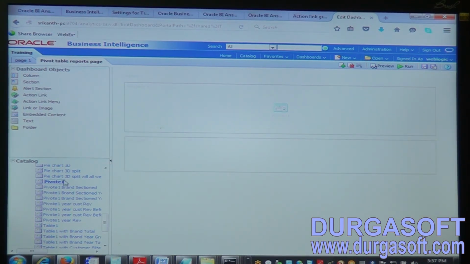Yeah, in this section I want to display 3 reports. So I will add first the pivot table in the brand section, and into the same section I will add the brand section report. Yeah, one more report I will add there. Yes. Now if I save it and run it,